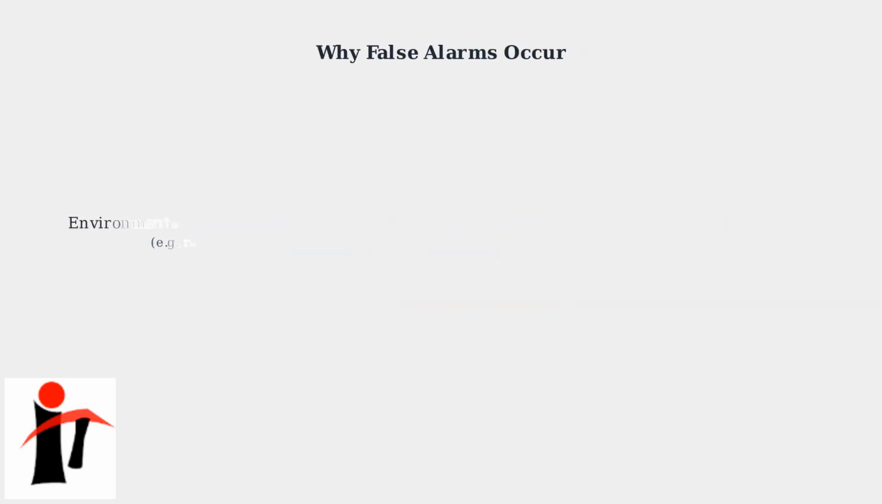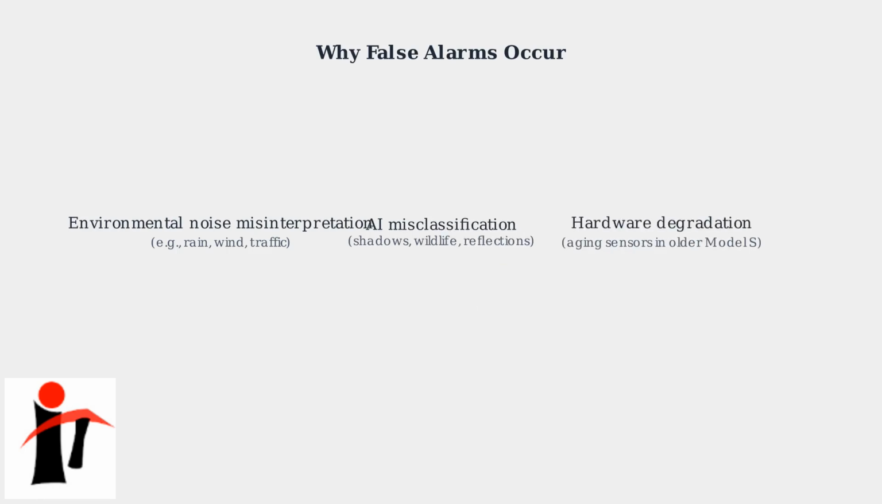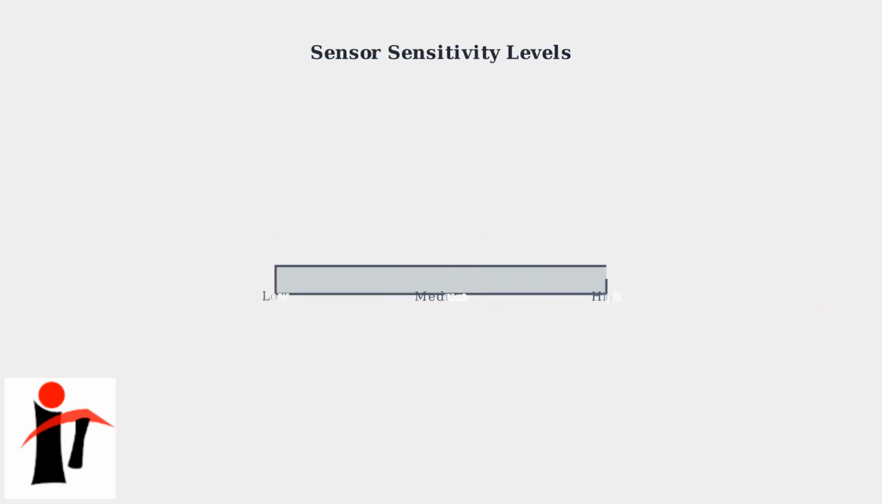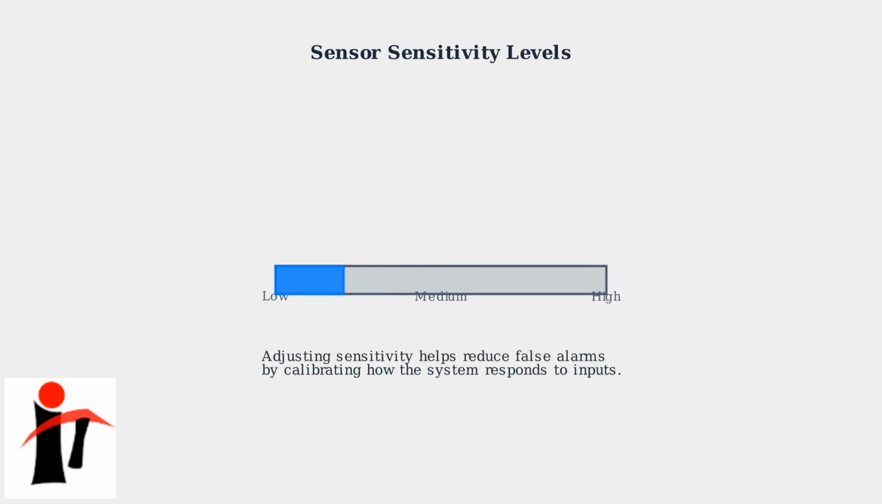False alarms often occur because the system misinterprets normal environmental factors like rain or wind as threats. AI algorithms may misclassify benign movements such as shadows or wildlife, and older sensors can degrade over time, causing faulty detections. Sensor sensitivity can be adjusted through Tesla's settings to balance security and minimize false alarms. Higher sensitivity increases detection, but may trigger more unwanted alarms, while lower sensitivity reduces false positives but could miss real